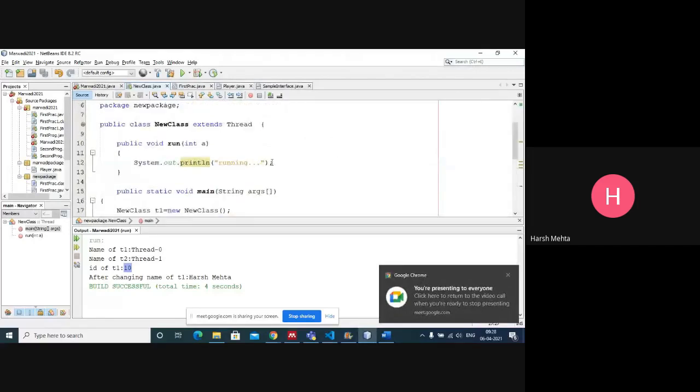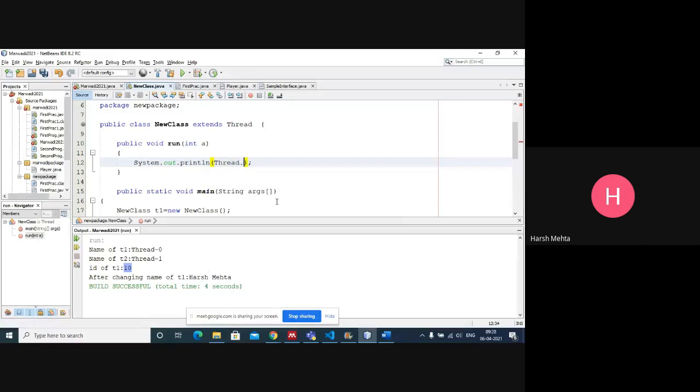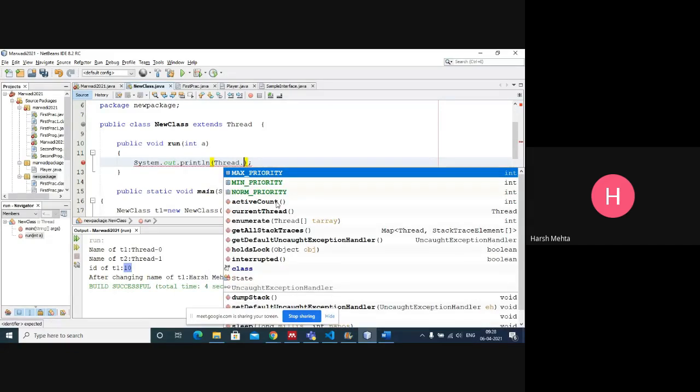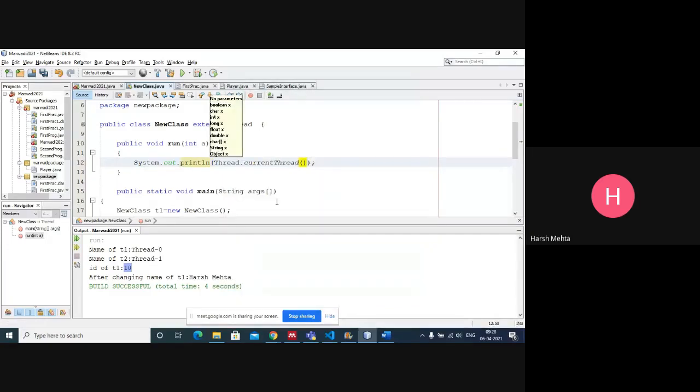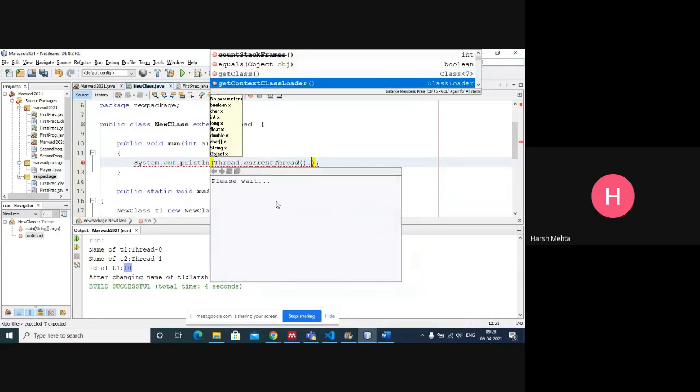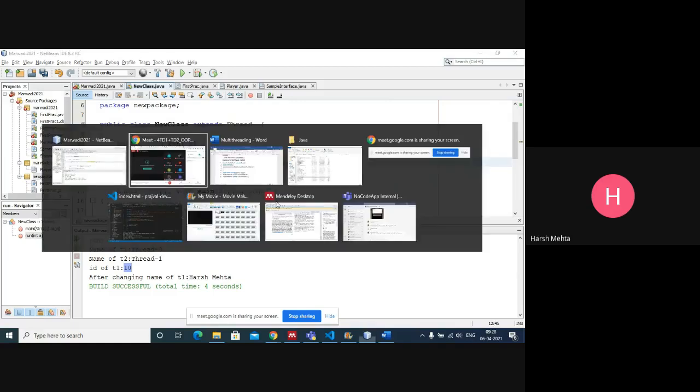Now you see here, instead of running, which thread is running? It will return which thread is running and its name. Current thread and its name.